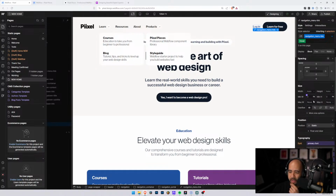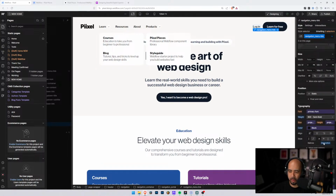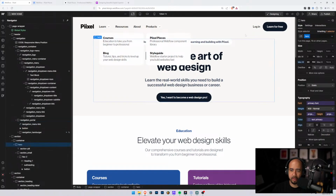Oh, maybe because I actually have text decoration set to none. So maybe let's fix that. That's what's going on. So put that back to default. There we go. But see, it's jumpy now because of the animation. So let's see if we can fix that